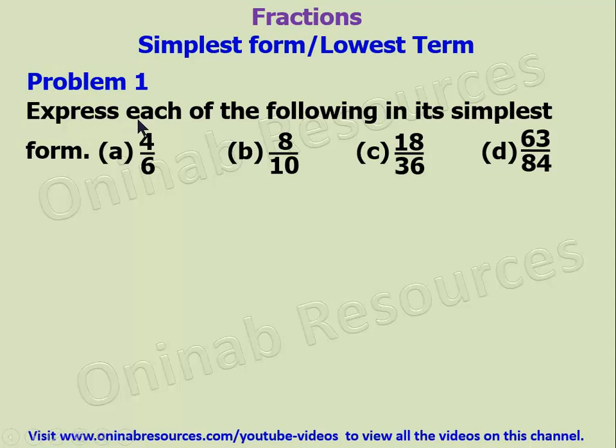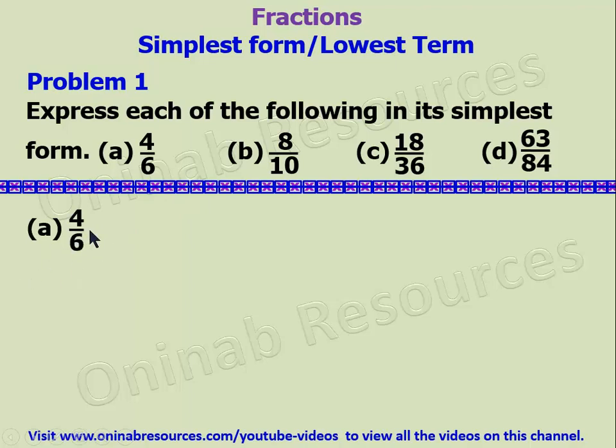Problem 1. Express each of the following in its simplest form. Simplest form is also known as lowest term. So we have A, 4 over 6, B, 8 over 10, C, 18 over 36, and D, 63 over 84. So we start with